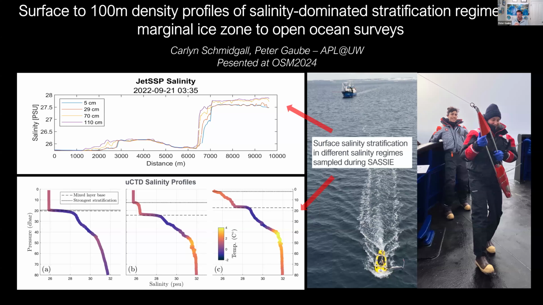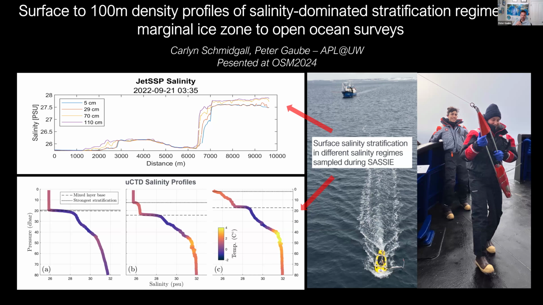All right, so what I'm going to do now is just present a couple different slides of some of the different analysis projects that are happening and some of the folks who are doing them. So as I mentioned, we have stratification data from the surface down to 100 meters. On the top left, we can just see a very strong submesoscale front in the near surface that was measured by the JET SSP. We were not able to see any evidence of the steepness of this in the ship because it was so well mixed. So we see some neat gradients. We're now starting to look at the differences in surface salinity stratification near the ice to see if we can make some predictions on when the ice should refreeze.